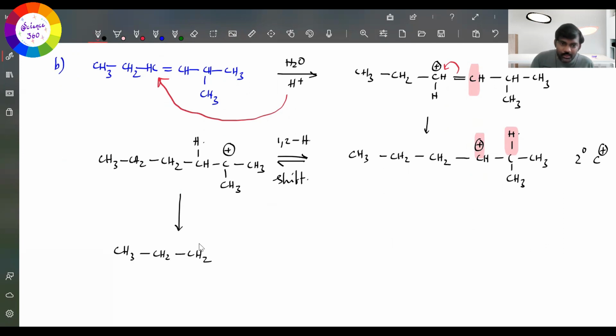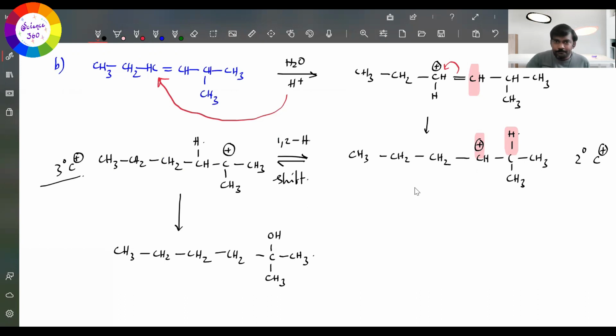So now the carbocation I have here is a tertiary carbocation, the most stable intermediate. Okay, after the 1,2 hydride shift, we got the most stable intermediate. So this will be the final product and the major product. So here CH2 and here OH attached to it. Right, so this is the final product we'll be getting in the second case. So for the hydration of 2-methyl 3-hexene, the final product is this.